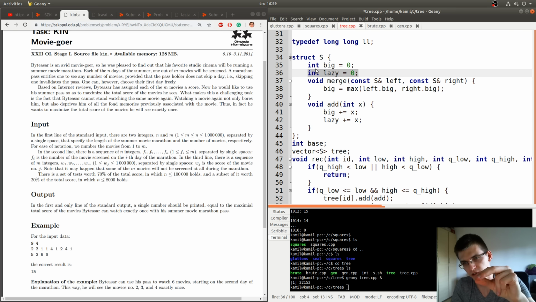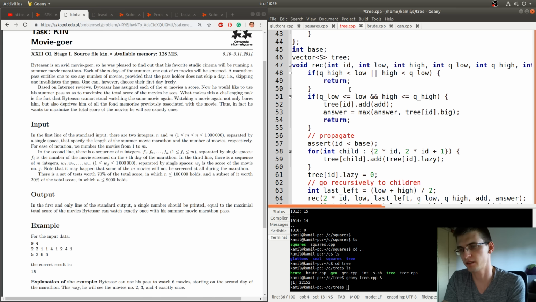When we are in the root, we should move that 5, which is stored as the lazy value, to the children and then remove it here. So the lazy value is something that you put to the children and then change to 0 here. This way you know that eventually all the leaves will get that +5, but it will be done in logarithmic time.